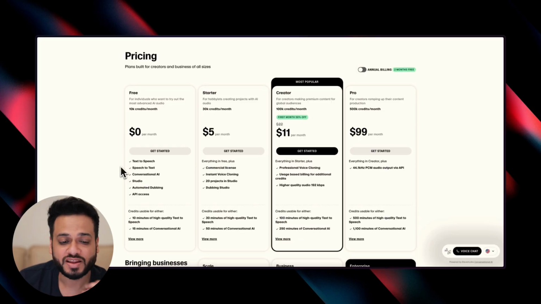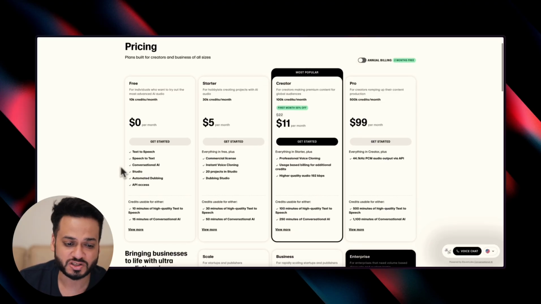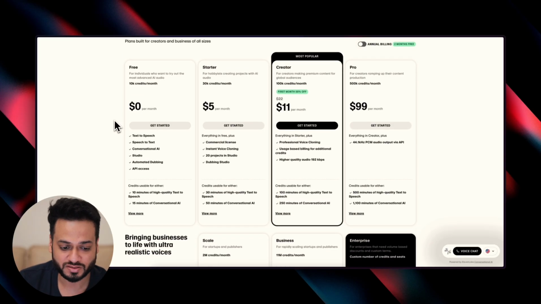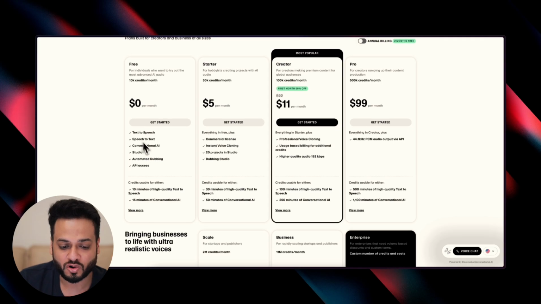Talking about the plans, let's check the pricing of ElevenLabs. So ElevenLabs has a very generous pricing model starting just for free with $0 a month. And in this pack, you have access to all of these things with credits for 10 minutes of high quality text to speech plus 15 minutes of conversational AI. This is usually good for testing, but will very quickly run out of credits